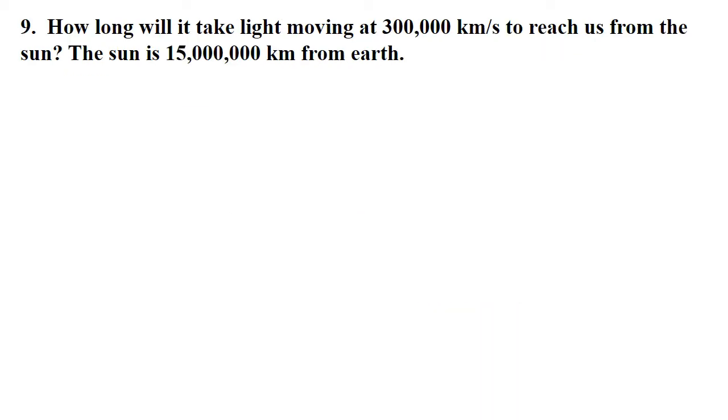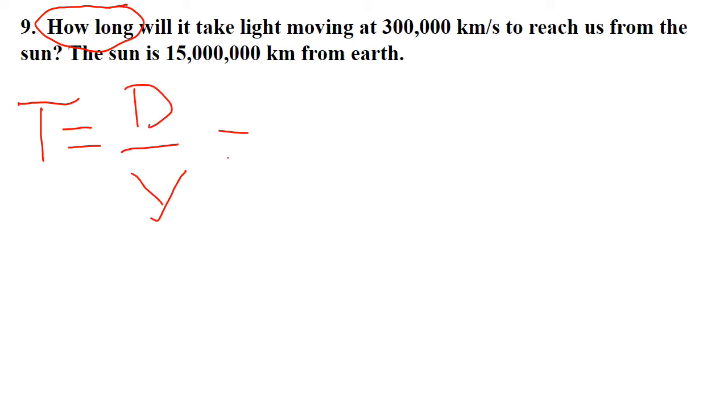So in number 9, it says, how long will it take light moving at 300,000 kilometers per second to reach us from the sun. The sun is 15 million kilometers from Earth. So when they're talking about how long, they're talking about solving for time. How long does it take to get from one place to the other? So we know that time is equal to the distance divided by the velocity. We know that the distance is 15 million kilometers